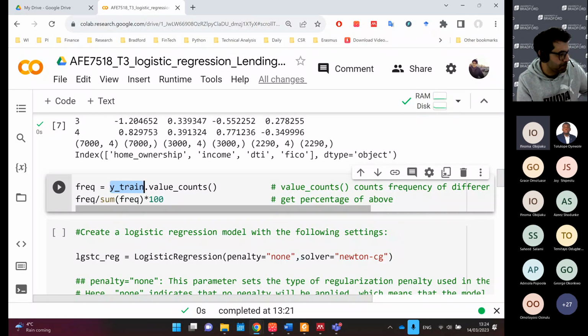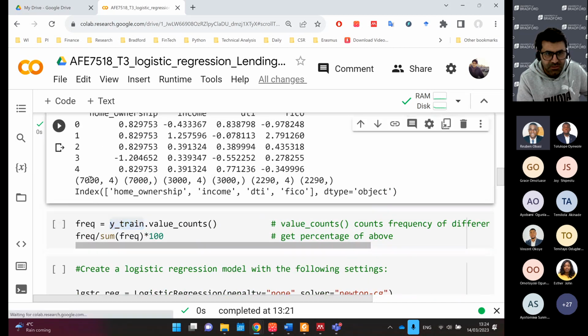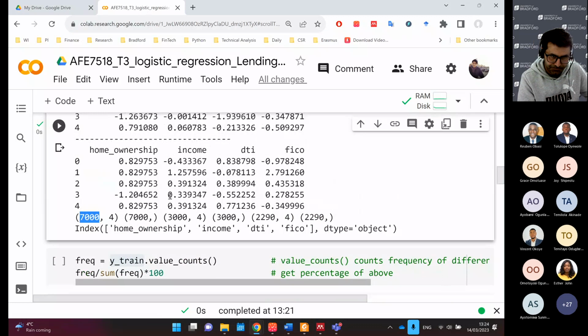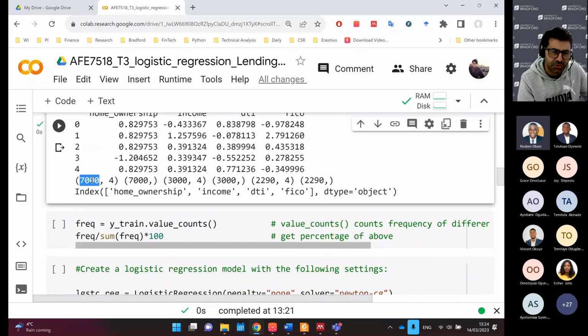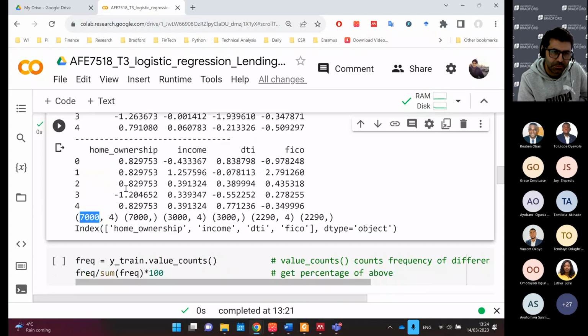Sorry, please. I didn't understand exactly the 7,000, 4 and this thing. I didn't get exactly what you meant there. 7,000 is the number of observations in the training sample. Okay. Training sample. Remember